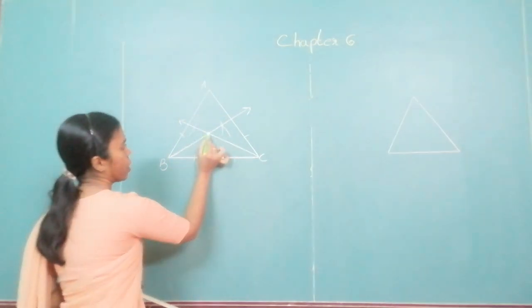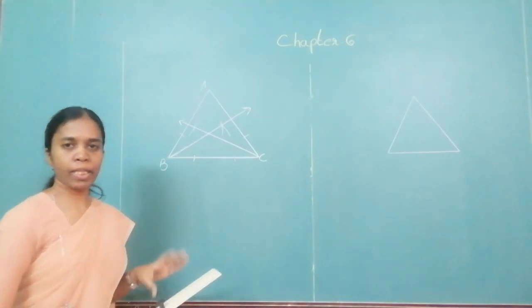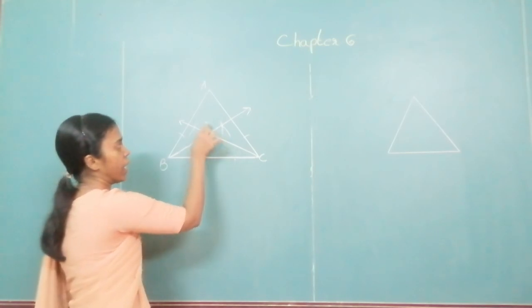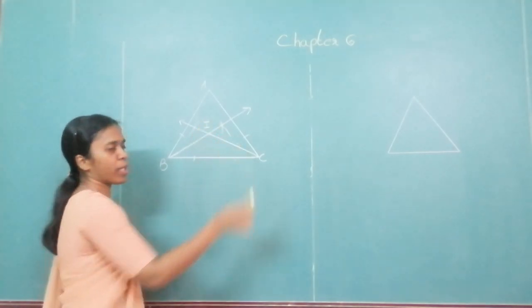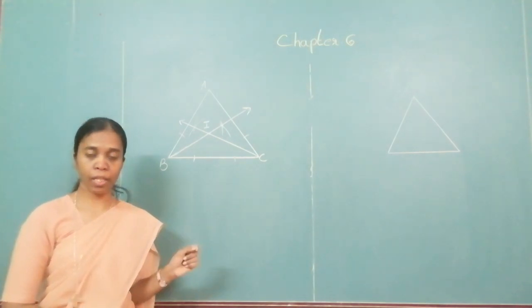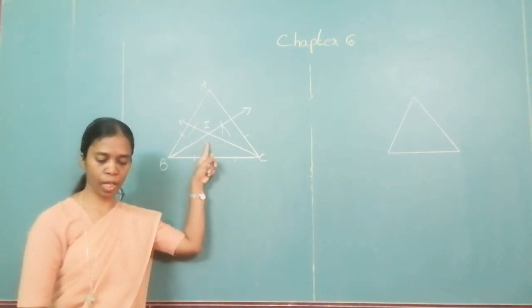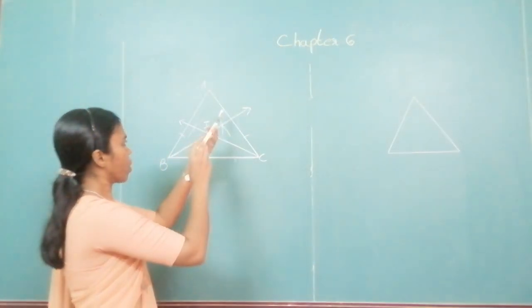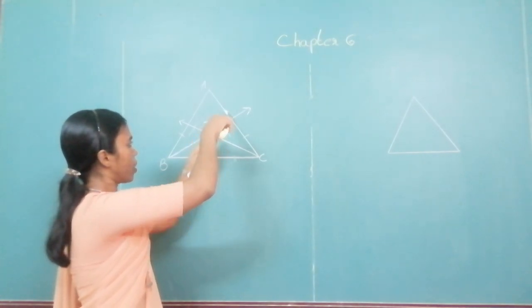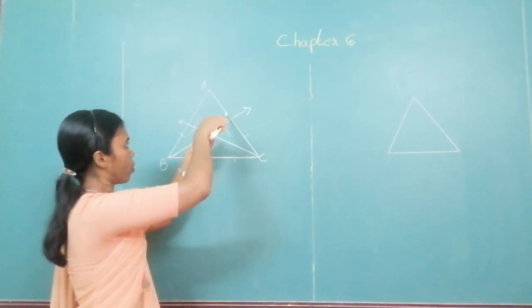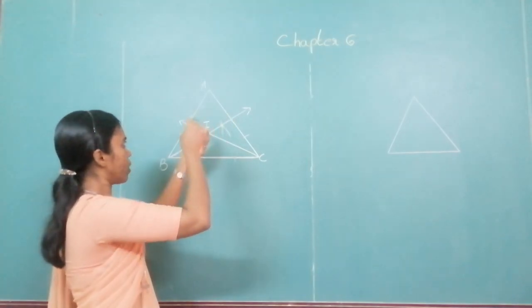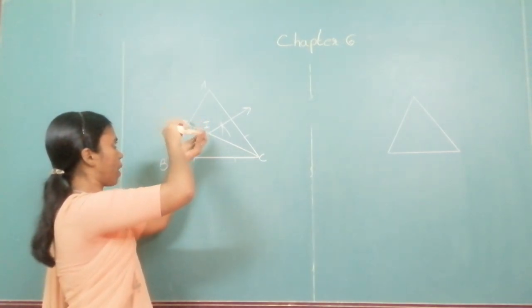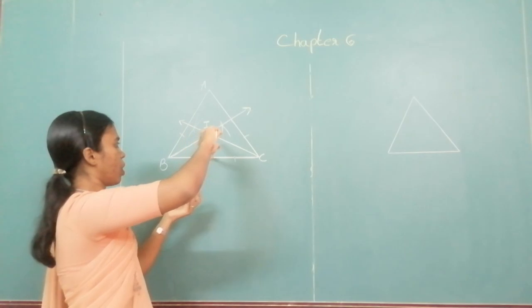Now, any two angle bisectors are enough to get the center point. The point that you get over here is known as the incenter, and it is denoted by capital I. Now, you have to draw the circle with the incenter, and the circle will be touching all three sides of the triangle. You first see whether it is touching, then only you go ahead, otherwise there will be some mistake in your construction.